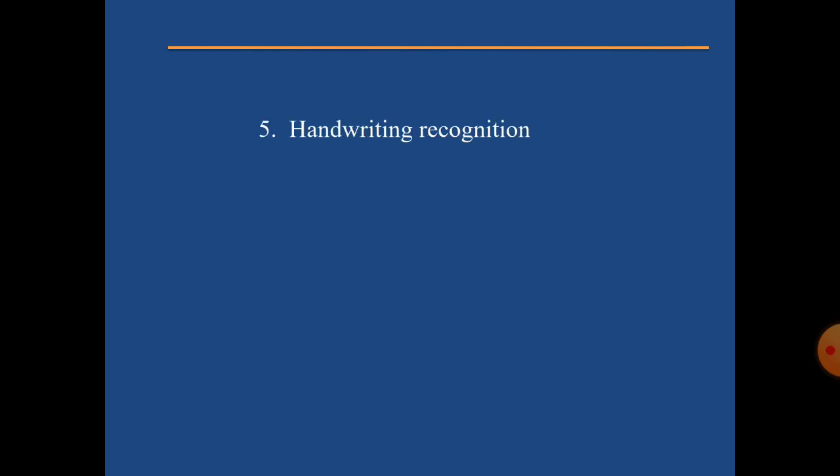Next comes handwriting recognition. Here we use the SVM algorithm to recognize the handwriting of different people. Suppose the handwriting of 100 people is already stored and trained, and you give the input of a particular person's handwriting. It will identify whether this handwriting matches any of the 100 documents already stored in the database or not. It will show if yes, it belongs to the 70th document or 60th document or 55th document, like that.